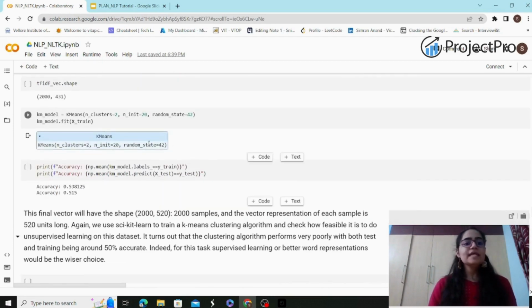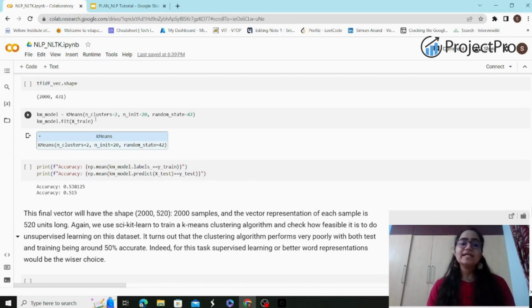Then I'm going to fit the k-means clustering, applying the k-means clustering algorithm over here, passing in the number of clusters as 2. Then n_init, the value is set over here as 20, and n_init is the number of times the initialization of centroids has to be done. In k-means, the centroid will keep updating itself. Centroid is the center point of the cluster. It has to initialize itself each time of the run. So the number of times the centroid is going to be initialized is 20 over here. The default is 10. The random state again I've set to 42, and then fit the model